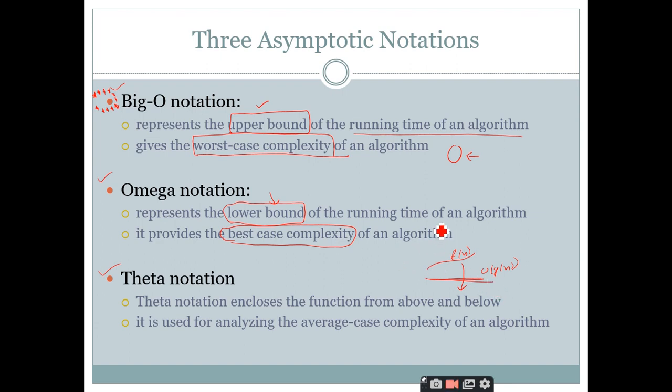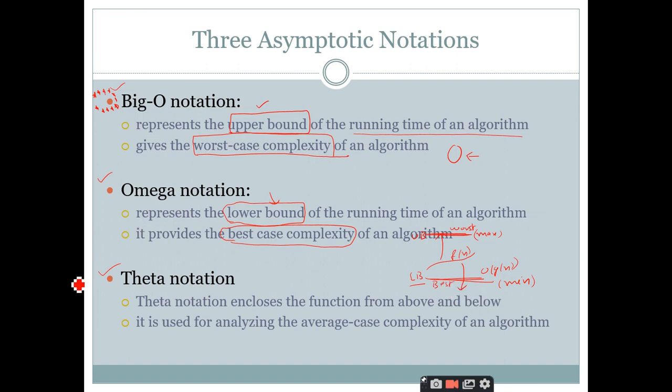right? And what about this big O notation? It represents the upper bound. So this function cannot go beyond this upper bound. So this represents the worst case, right? It is the maximum value it can reach. The f of n can reach this maximum value, and this represents the minimum value. So f of n can reach down to this minimum value, it cannot go beyond this minimum value. So this is called the lower bound, and this is called the upper bound. So the upper bound represents the worst case complexity, and the lower bound represents the best case complexity.